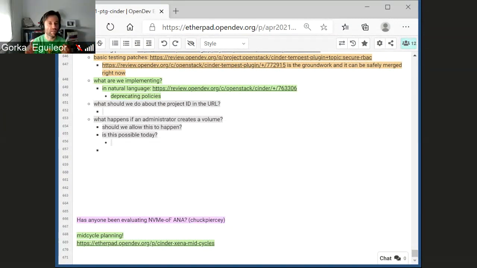Yeah, but we may have to change that to adapt to the system scope mechanism, to the new RBAC, because a system scope would not. If I remember correctly, Rajat, I could be wrong, when we set the default volume type for a project, we pass the project ID in the payload. Oh, right. Yeah, exactly.